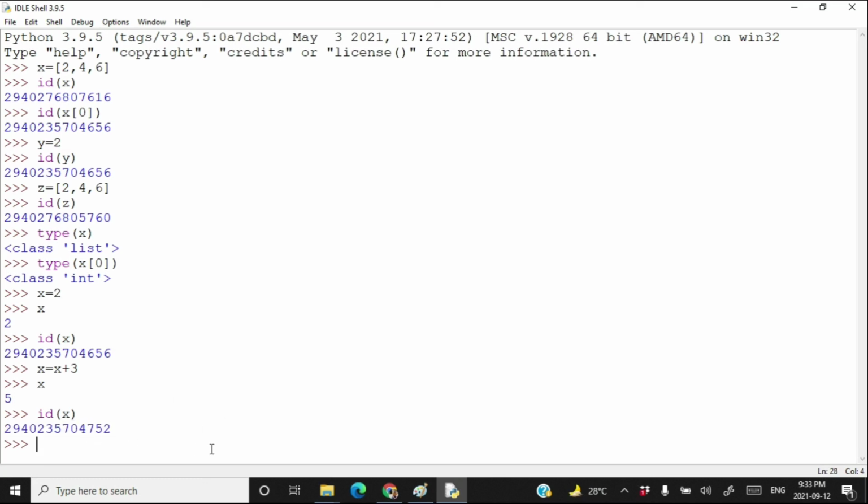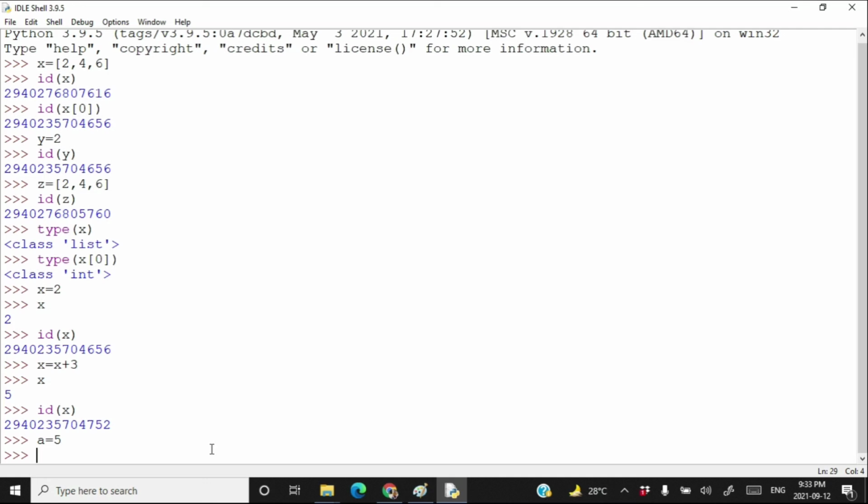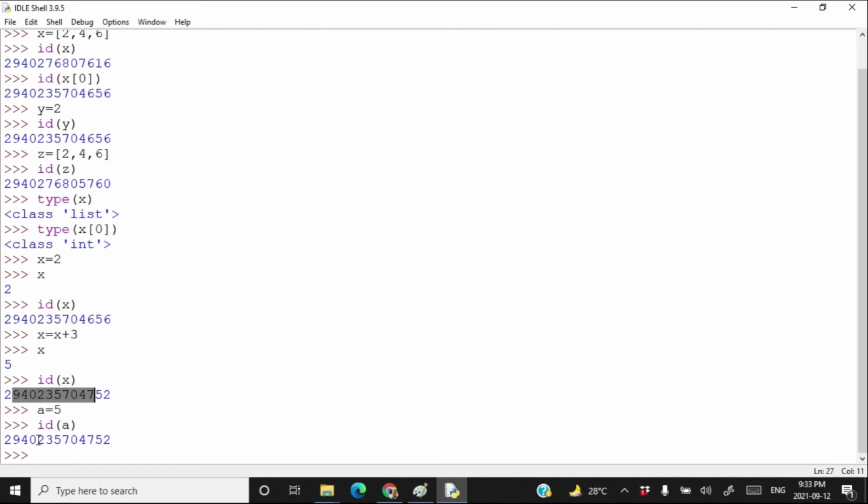If I create another variable a is equal to 5 and pass this variable to id, as you can see, both x and a are pointing to the same location. These are the actual contents of x and a. These were like addr1 or A1, A2. These are contained by the variables. 5 or 2 are not contained by the variables.